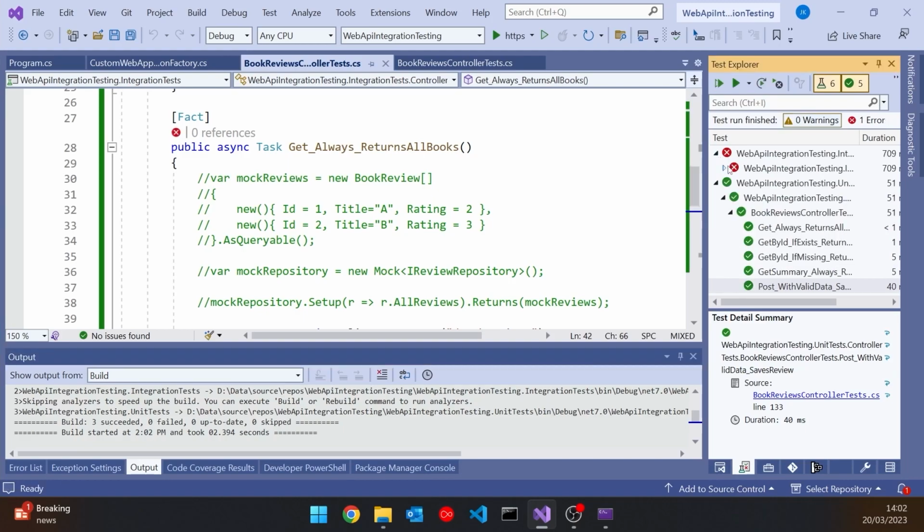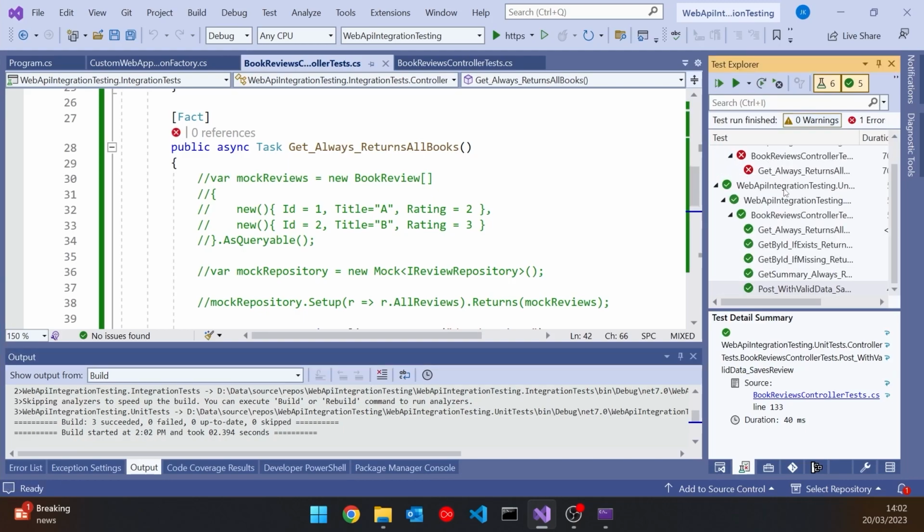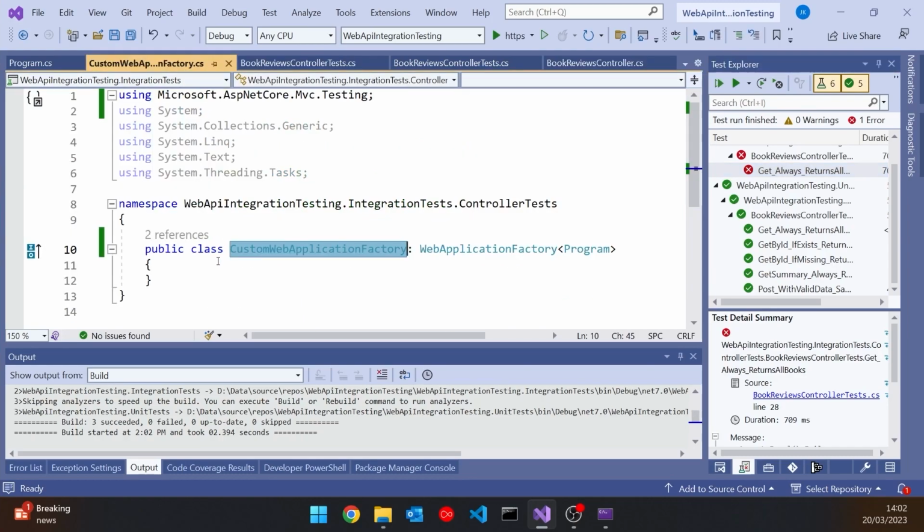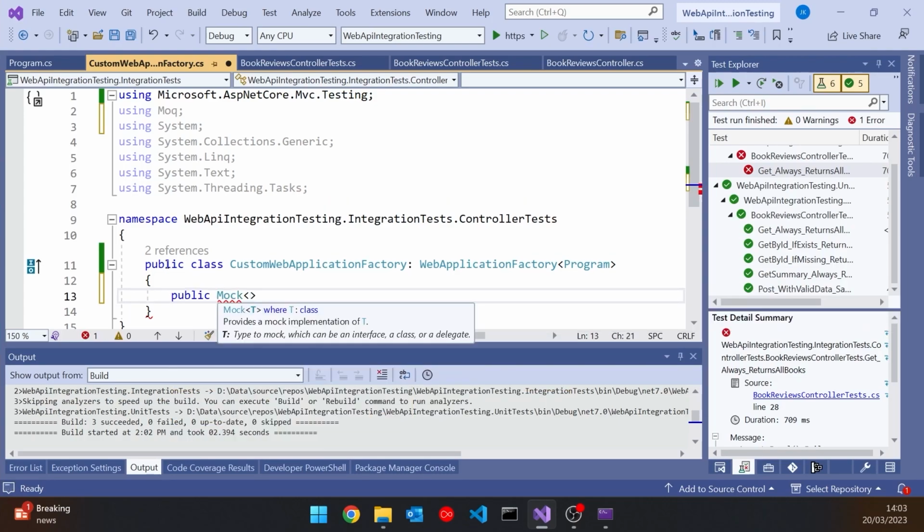we actually get an error, and the error we'll see there is basically that it can't find the database file. So actually we're going to have to do some mocking before we can get this to work at all. So this is how we do the mocking. We go back to this factory and we're going to have to do a couple of things in here. We're going to declare a public property which is going to be a mock of our repository.